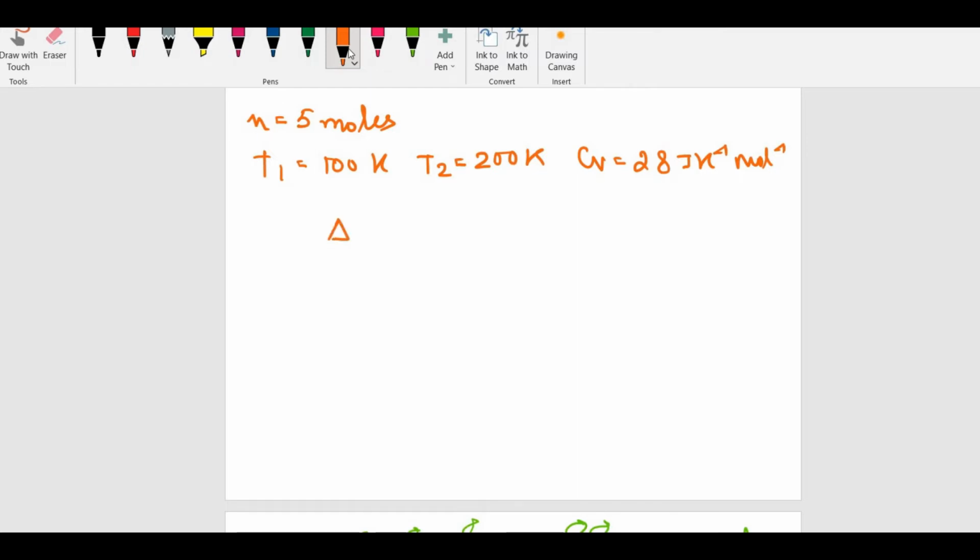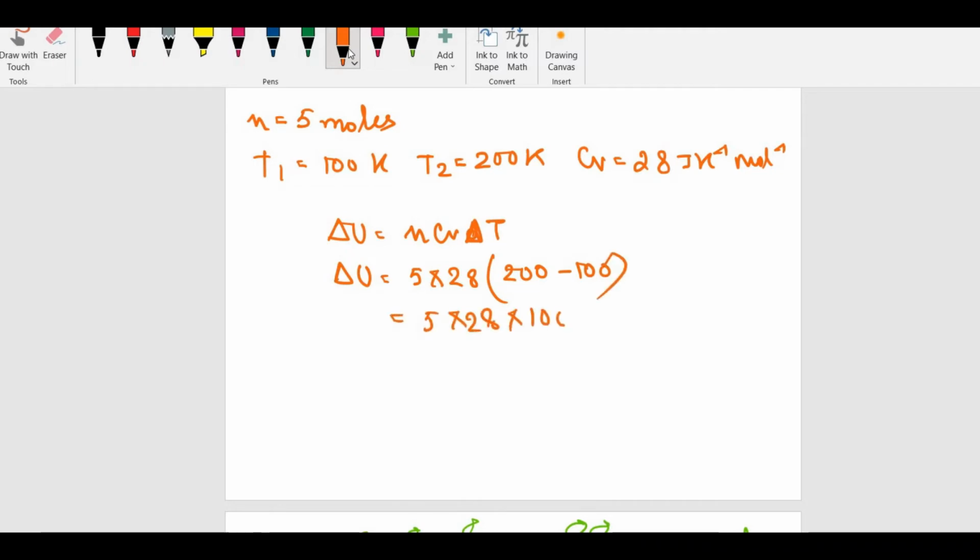Very simple. Delta U equals n CV delta T. So delta U would be 5 into 28 into the change in temperature, 200 minus 100. This is 5 into 28 into 100, giving us 14,000 joule,